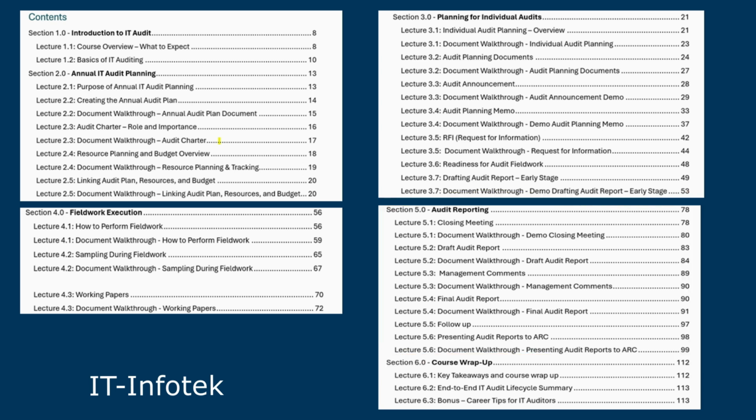This course is not theory-based. It is designed around real audit documents, real scenarios, and practical execution, exactly how audits are performed in the industry. By the end of this course, you will be able to understand and execute an IT audit lifecycle with confidence,